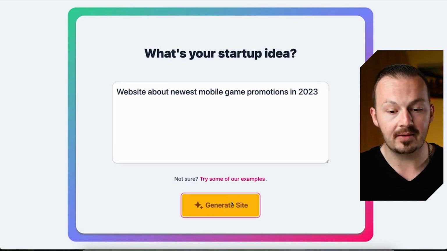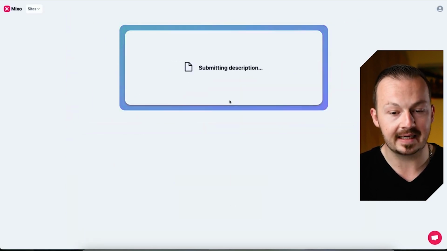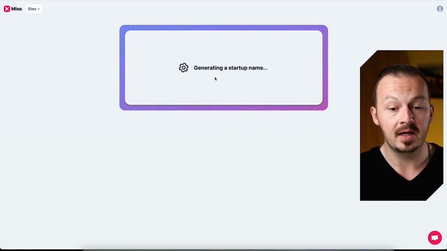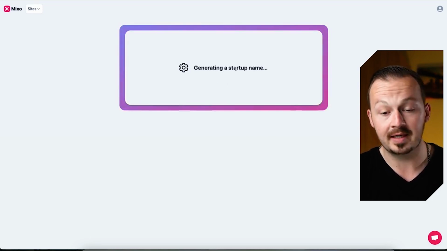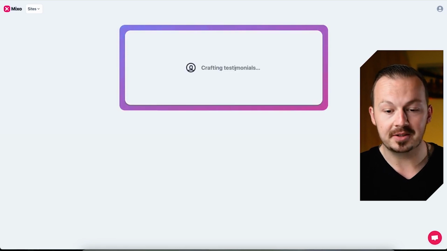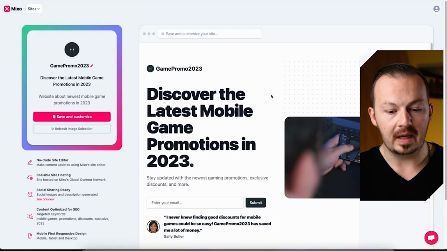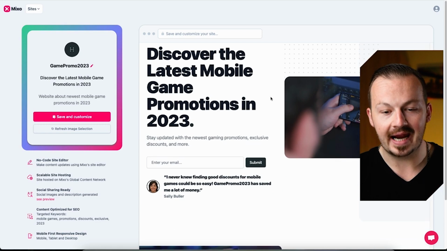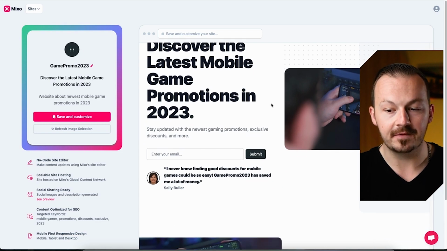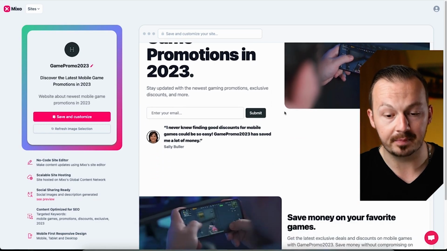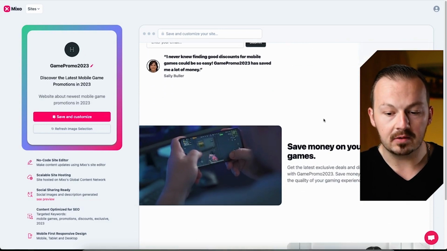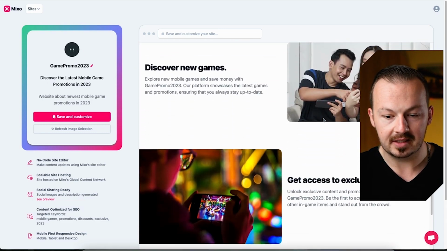Just click on generate website, and it's going to take a couple of seconds to generate this website for you. You can see it's connecting to AI, generating startup name, and all that good stuff. Pretty much this entire process takes just a couple of seconds, because this AI bot is going to generate the website for you. Once it finishes, it's going to look something like this. You can see right away it's going to fit this website to the niche that you have put into the prompt. And this is a very good quality website,